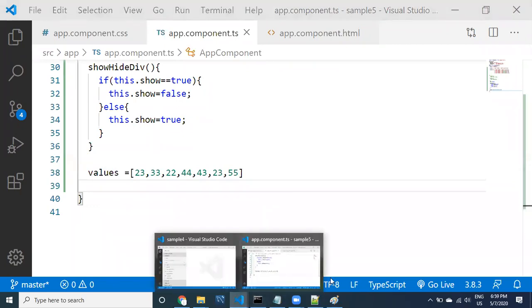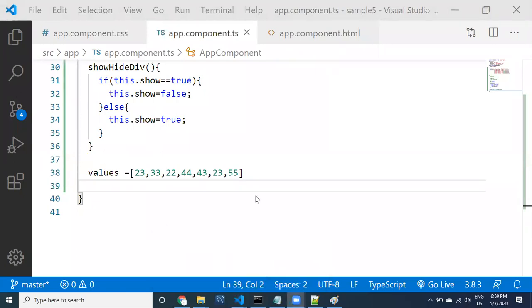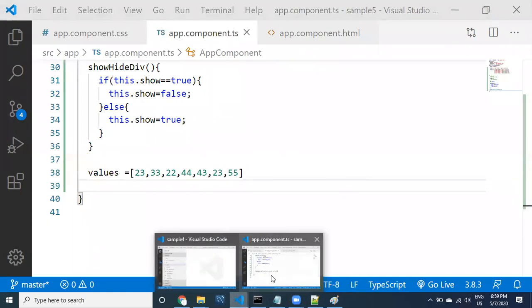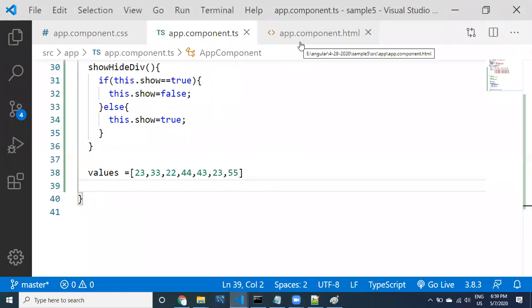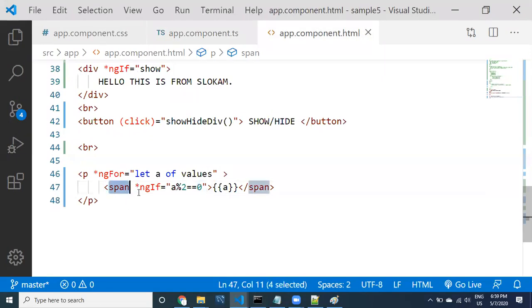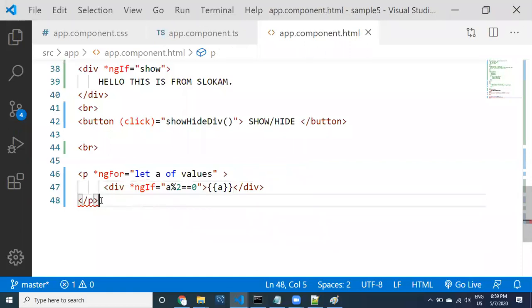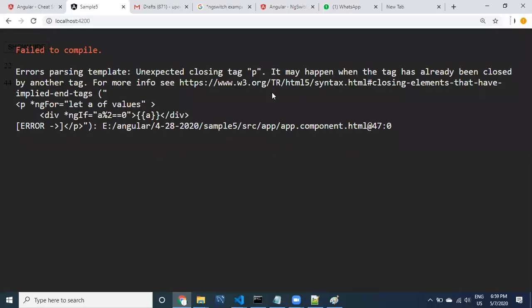Yeah, I am not proficient in this. I guess it is giving some error, that's why I just changed it to span. We'll make it div and then test it. I'm not sure whether it is giving an error.